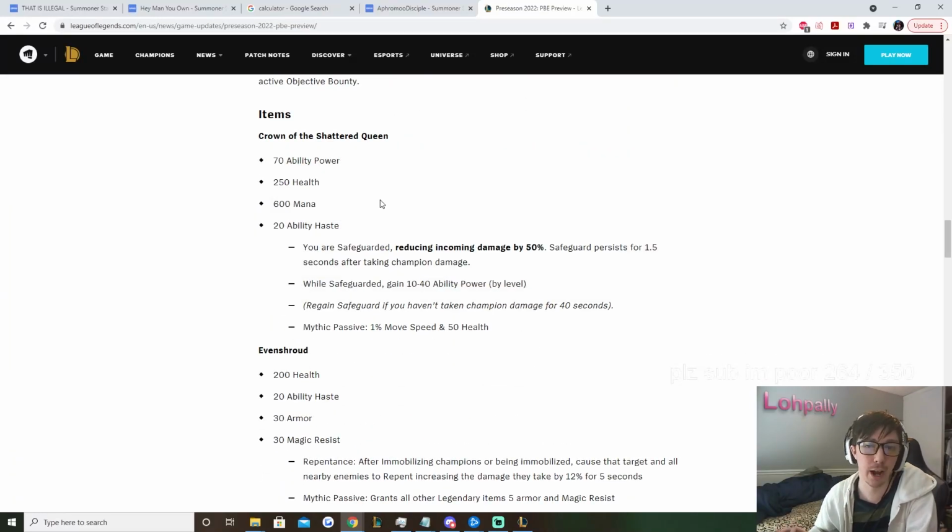Items. Crown of the Shattered Queen. 7 AP, 250 health, 600 health or 600 mana, 20 ability haste. You are safeguarded, reducing incoming damage by 50%. Safeguard persists. Oh, so this is the mythic item that we saw originally shown earlier to give mages a defensive